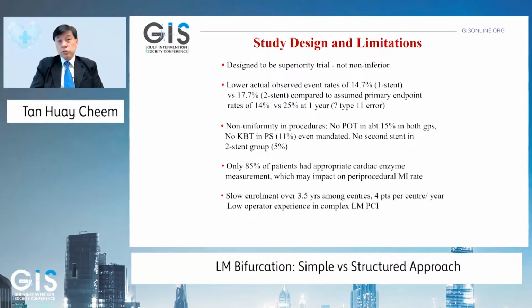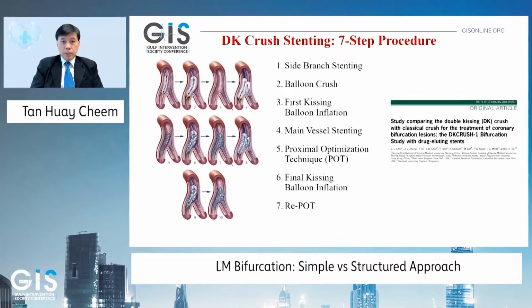And finally, there was slow enrollment in this particular trial, of 3.5 years among the European centers. 4 patients per center were enrolled per year, so there was very low operator experience with regard to complex left main PCI. Now, if you look at the other trial, which is DK Crush 5,